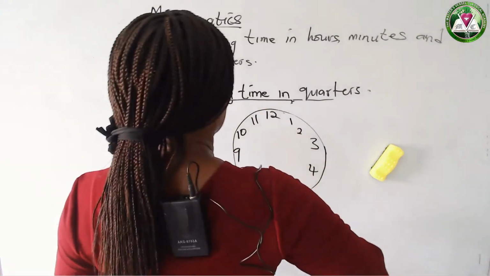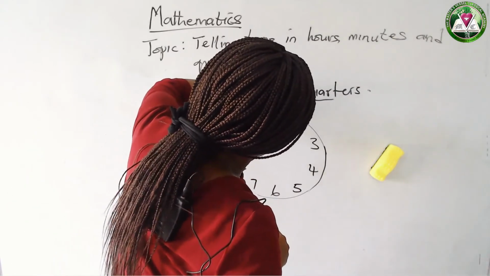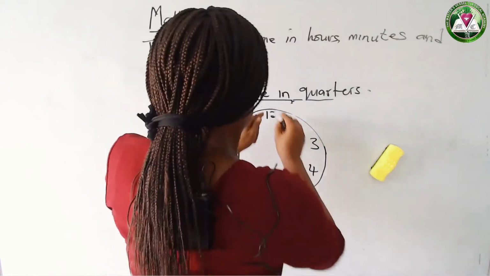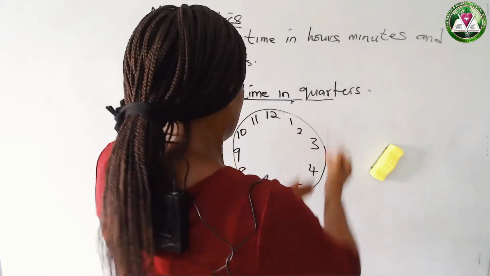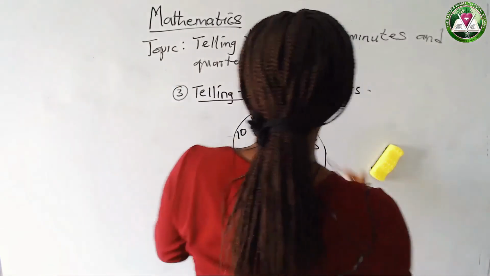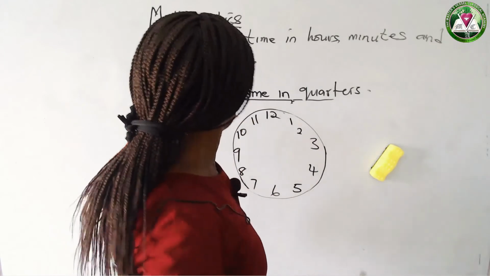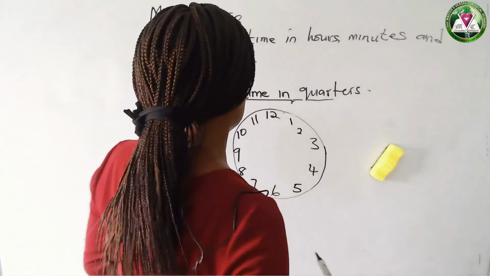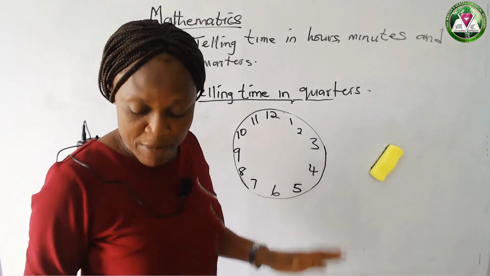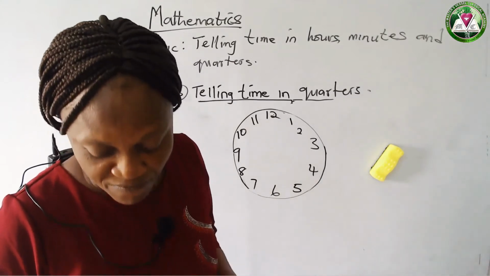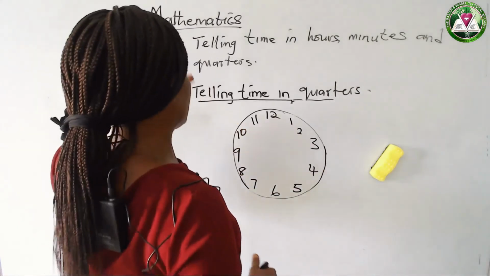Like I said before, this is 12 and this is 6. So from 6 to 12, you divide the clock into 2 parts. This is past and this is quarter to. So now we are going to look at telling time in quarters. When the minute hand, that is the long hand, wants to move from, let's say, 9 to 12,